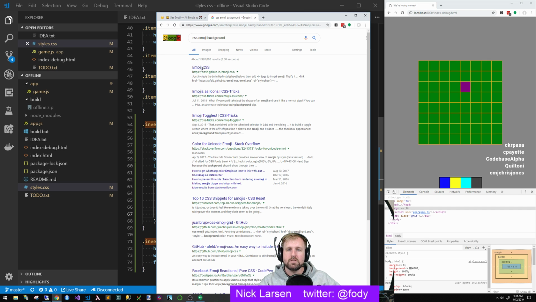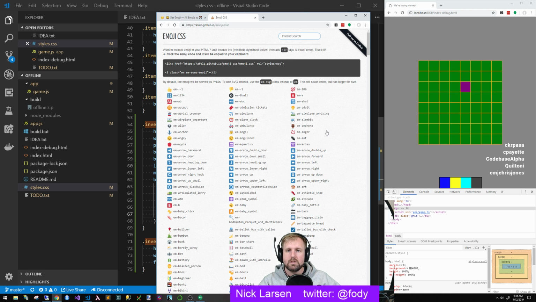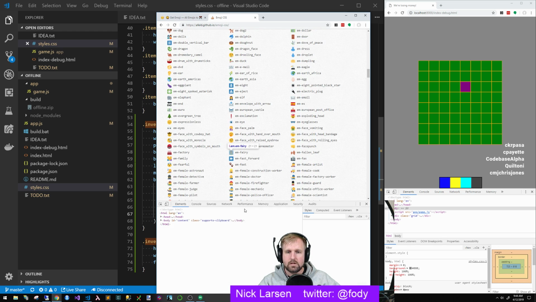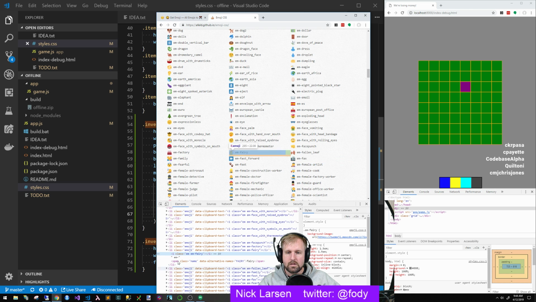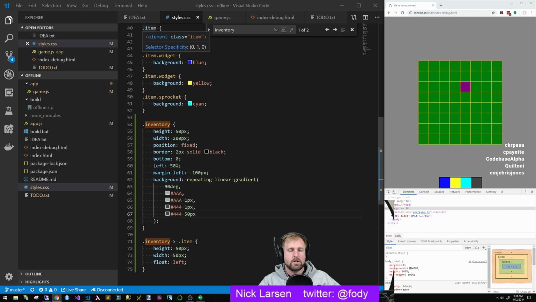Emoji CSS. Not really. Take a look at this. No, this is not what we're looking for. So I think what we actually want to do is something like